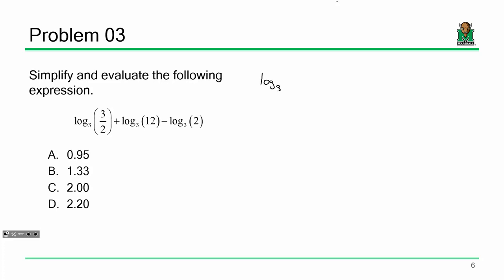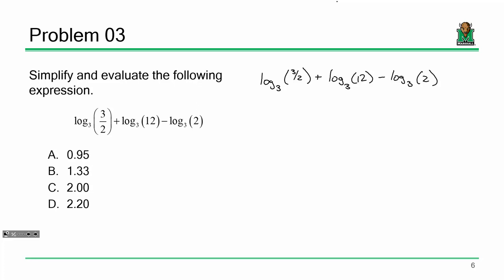We have a base 3 logarithm of 3/2 plus a base 3 logarithm of 12 minus a base 3 logarithm of 2. Now, I know you all have seen this before, so this is just sort of dusting off those memory banks. But let's start off with